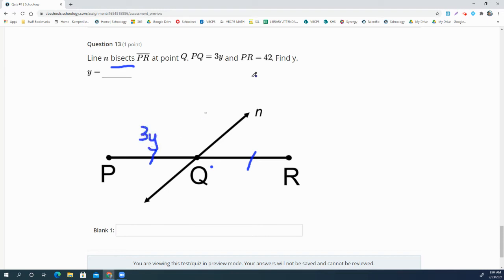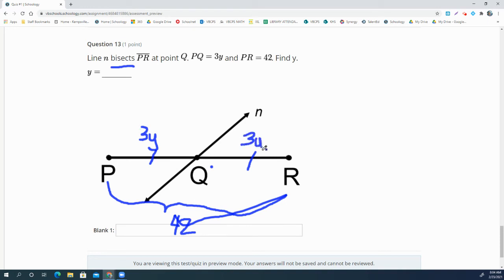That's this side over here. And then PR, that's the whole thing. From P all the way to R is 42. Oops, I didn't mean for that to connect. Okay, so if this half and this half are equal because it's been bisected, then if QP is 3Y, then